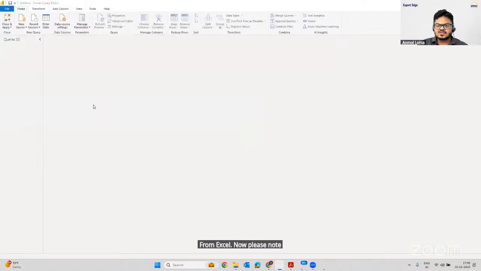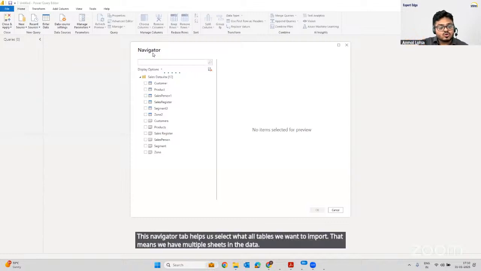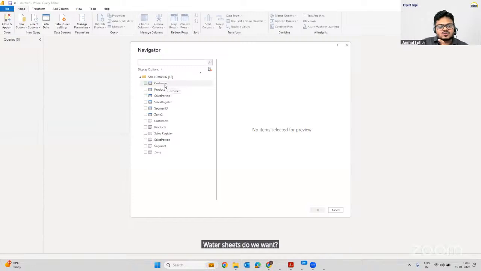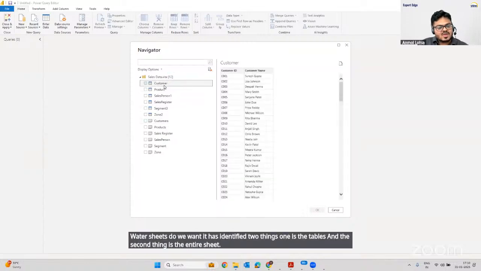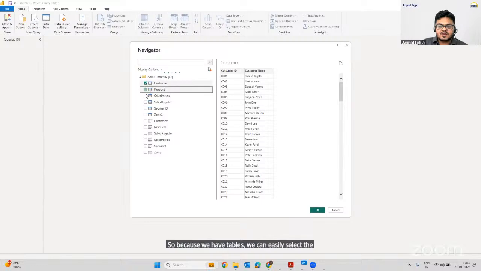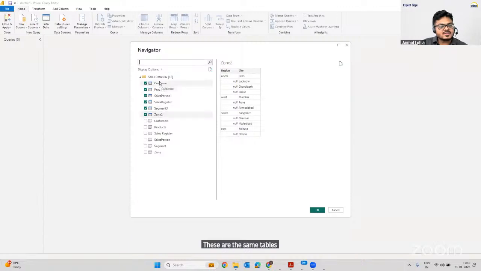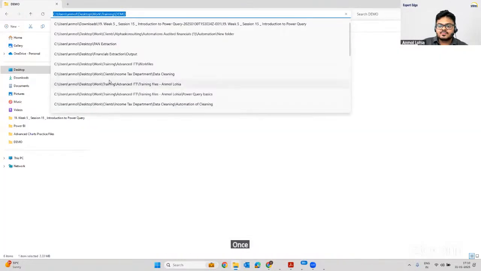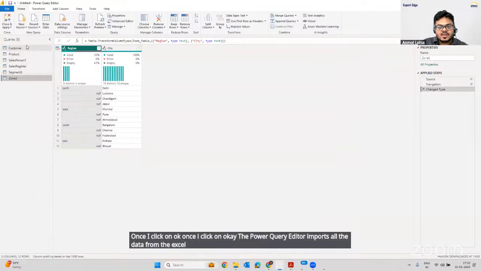Now please note, once I press Open, I will get a Navigator tab here. This Navigator tab helps us select which tables we want to import. That means we have multiple sheets in the data. Which sheets do we want? It has identified two things. One is the tables, and the second is the entire sheet. Because we have tables, we can easily select them. So I'm going to select all of these tables. These are the same tables or sheets which we saw in the Excel, right? Once I click on OK, the Power Query editor imports all the data from the Excel into Power Query here,